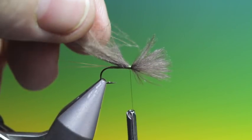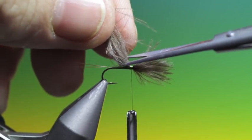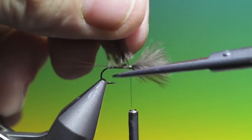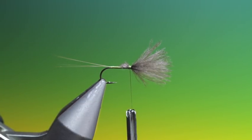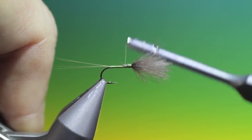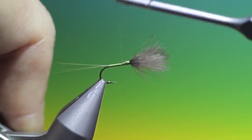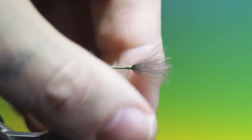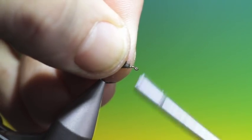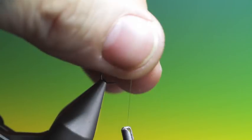That's good. Now it's important that before you tie your post 90 degrees that you trim off at the back at an angle so you get a taper on the body, like so, and that you secure that before you put your post or wing 90 degrees to the hook shank. And now we can go back up and do that. Otherwise, if you tie that up, it's difficult to trim off at the back. So we just go forward, lift the wing up, and we'll just build up a little bit in front of that